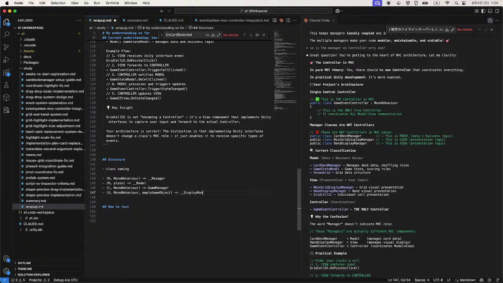Display manager, view, MonoBehaviour, inherit some